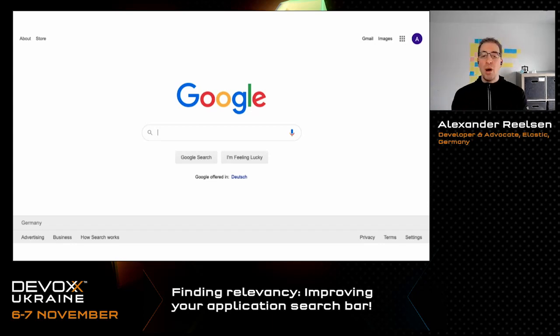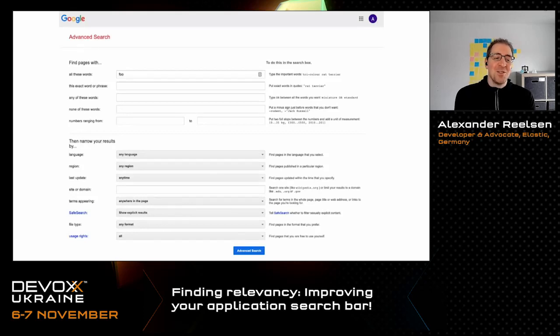Google has a powerful search syntax. You can filter for date in there, so you can change everything within a single search bar because there's a custom syntax. But if you dig deeper into Google, you will also end up with this, where you can specify exact words or phrases in different forms again. We are kind of back to the 90s. Because this is Google and you're usually searching for something very specific when you go to the advanced search, this works. However, do you expect that on your e-commerce shop, people are using this kind of UI to actually search and try to find things?